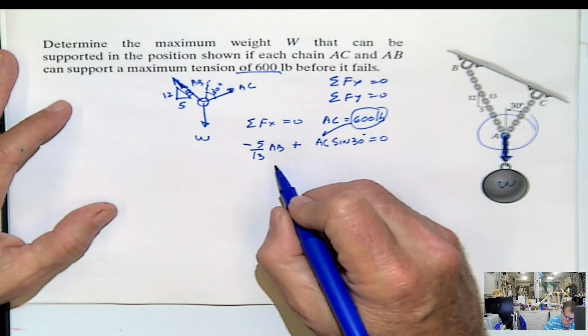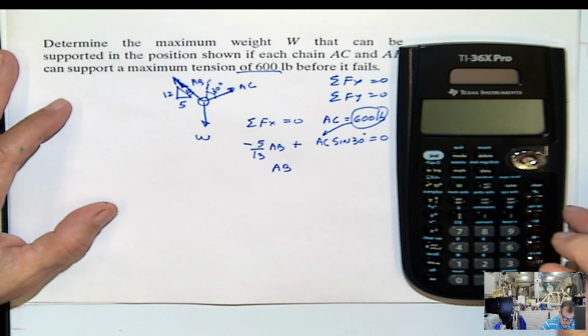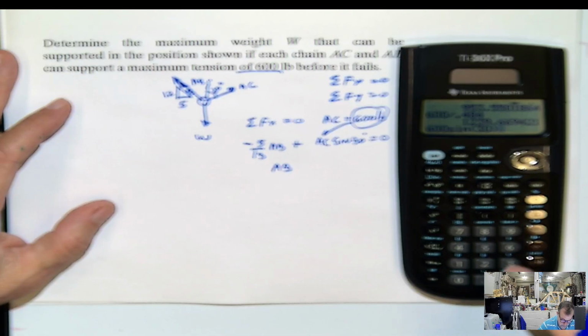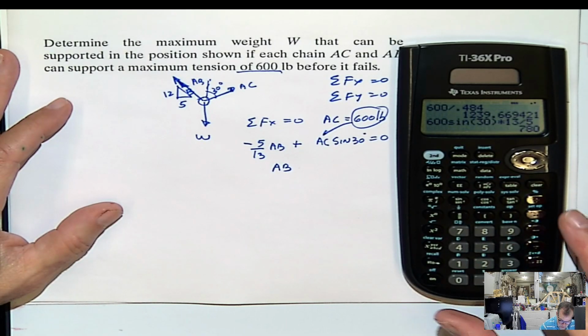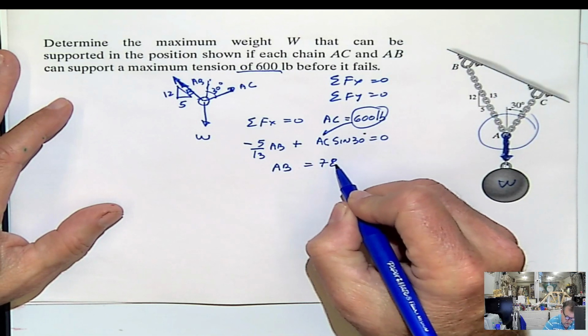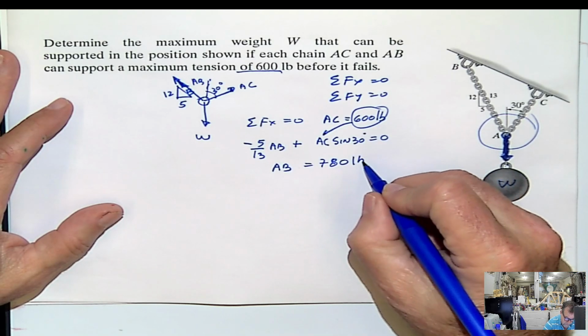Then you can solve for AB, and AB will be 600 sine 30 times 13 divided by 5. That tension AB will be 780 pounds,